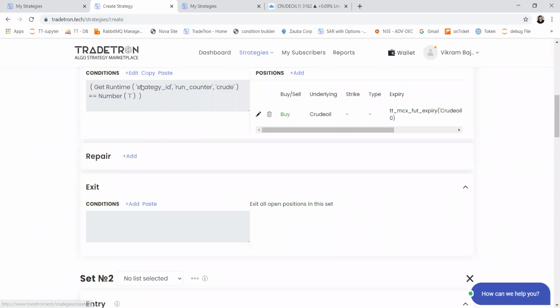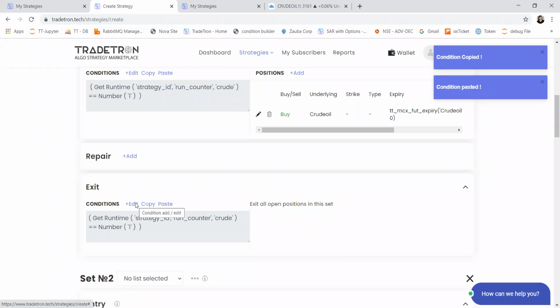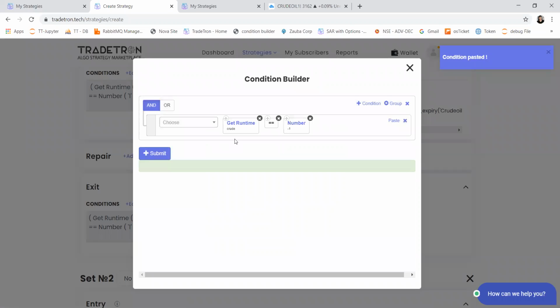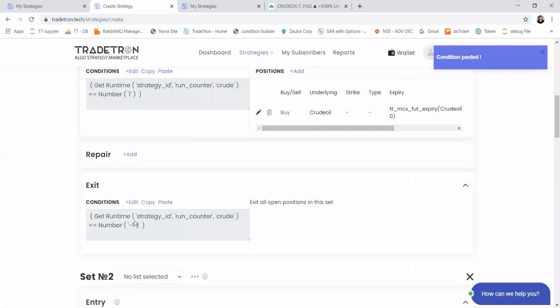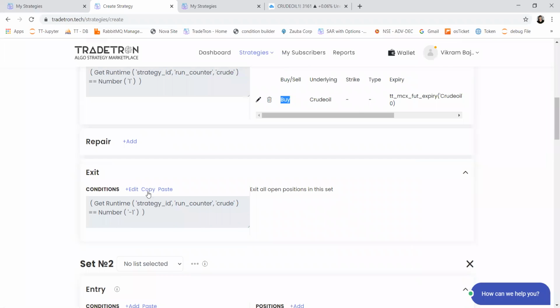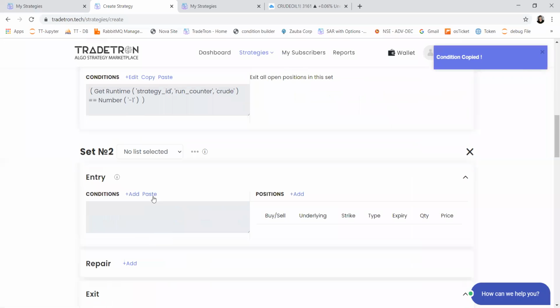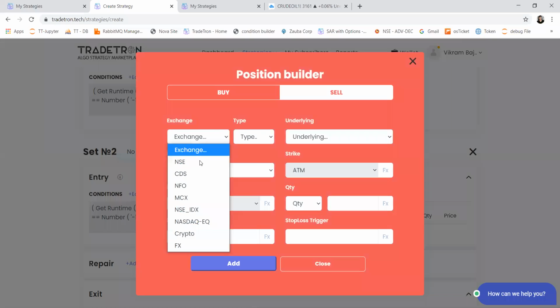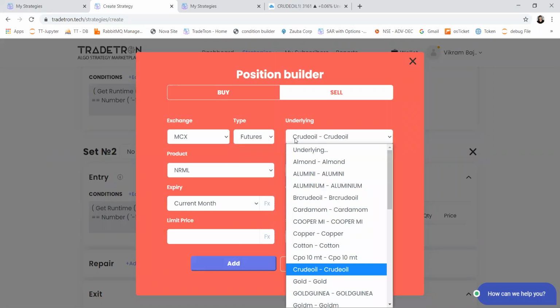Similarly, if my exit condition happens in TradingView, then I want to sell the long position. So let's say my short signal or exit signal is value will be -1 for the same variable. How we define this variable in TradingView, we'll see that also quickly. So this is set 1, which is handling buy position. So I'm taking a long position and exiting here. Similarly, you can also copy the conditions and paste it. So I'm copying the short condition or sell condition again to create a short side trade in crude oil futures.